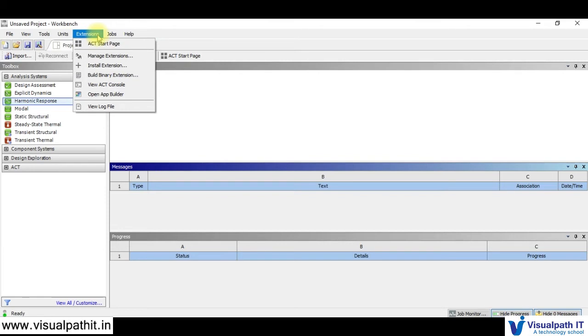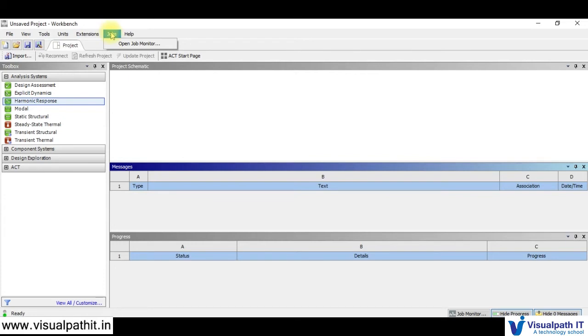Then extensions are some advanced features in Ansys where we will be using some externally built or Ansys customization tools, building extensions in our mechanical window to process more of what is not there in the general Ansys. So these ACT extensions are a bit advanced, a course that we will be discussing at a later point of time. And this job is again submitting the analyses in parallel or batch run,